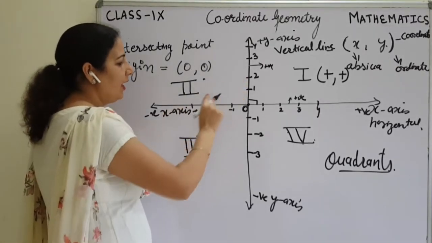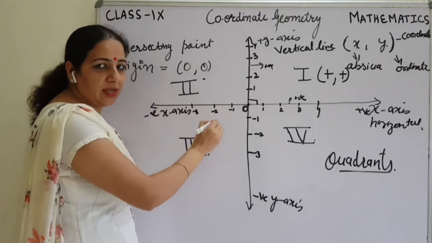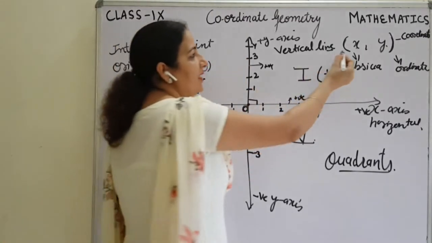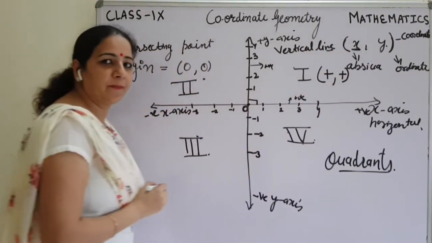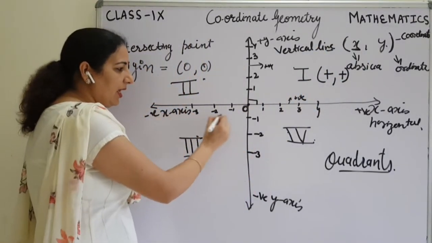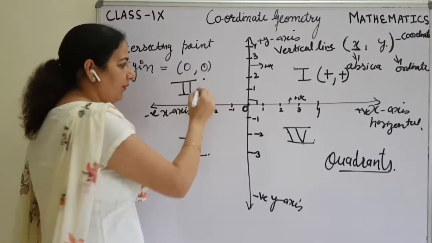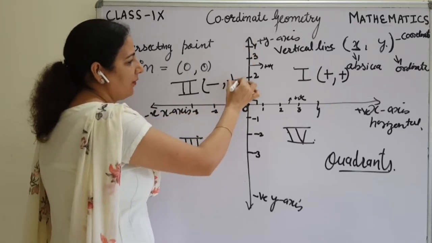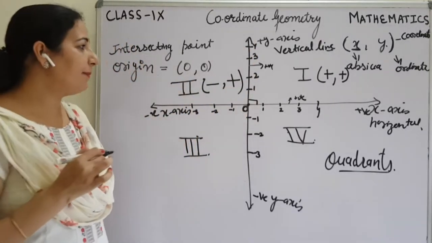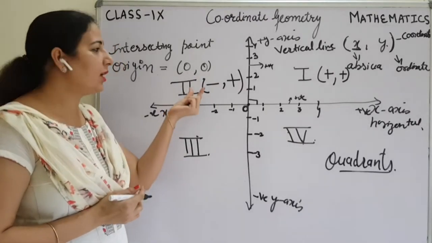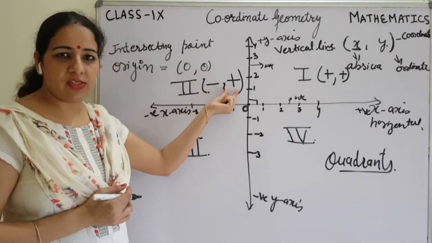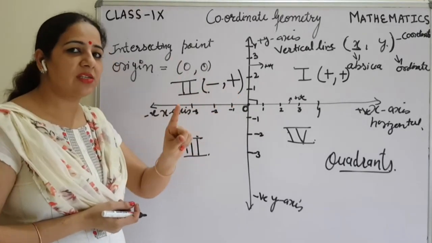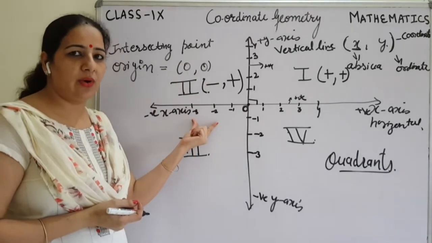In the second quadrant, we are going to see the x-axis first. See students, never focus on the y-axis in the first place. The first place is fixed for the x-axis. So just tell me the sign of the x point here. Negative. So here a minus sign, then a comma. What about the y-axis? Positive. So if anyone asks you the types of coordinates in the second quadrant, the coordinates will be negative and positive. Don't call it positive and negative. First we are going to tell about the x-axis only.